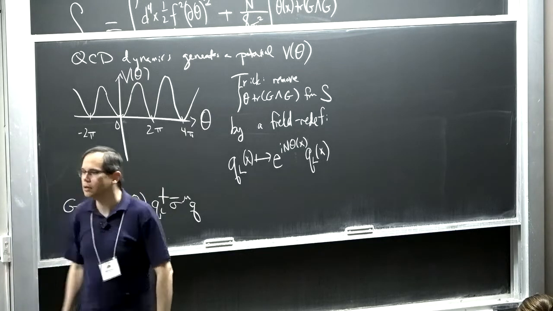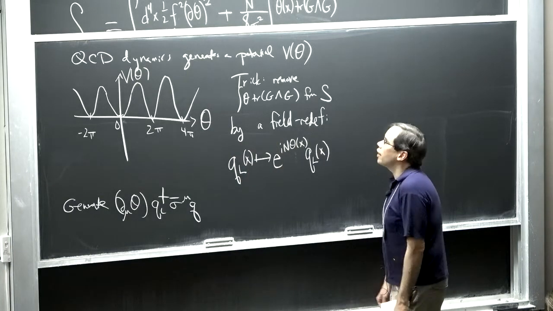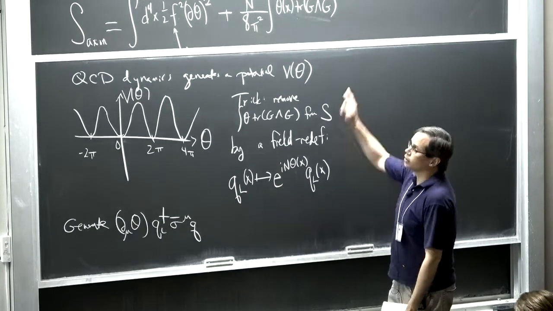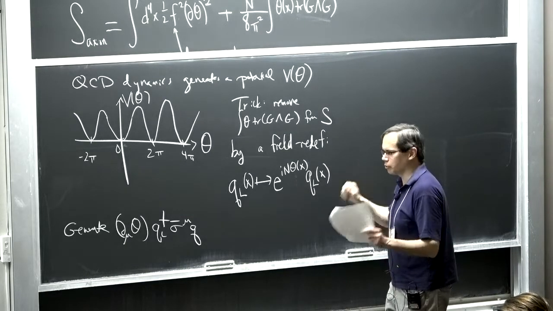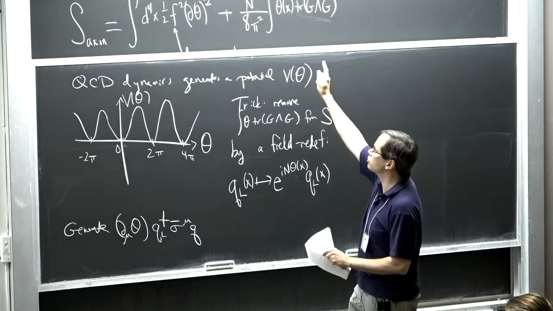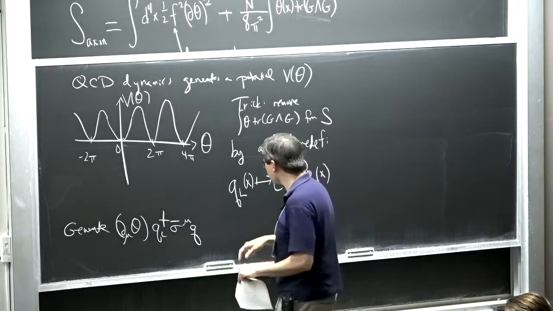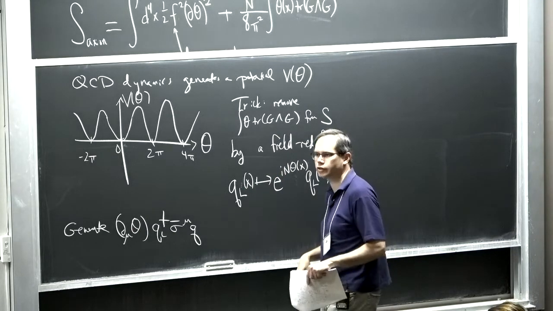Yeah? Is this field redefinition generic in all axion models, or is this a specific one? Yeah, this is something I'm doing just starting from that effective theory. We're going to see a different field redefinition when we actually talk about a particular model. So this trick is going to come up in multiple contexts. But here I'm just using that effective theory. So in particular, this is a standard model quark, not some other exotic heavy quark that we haven't seen.